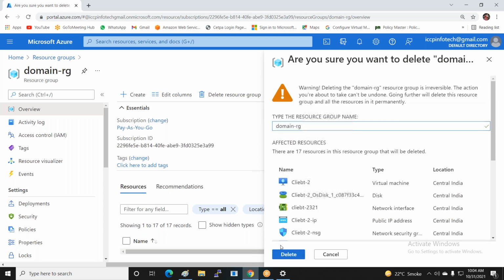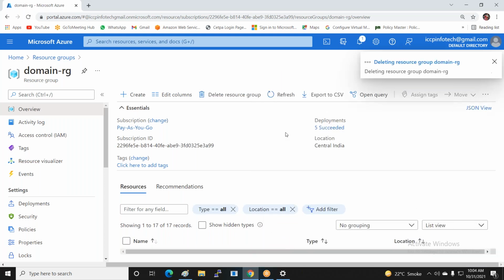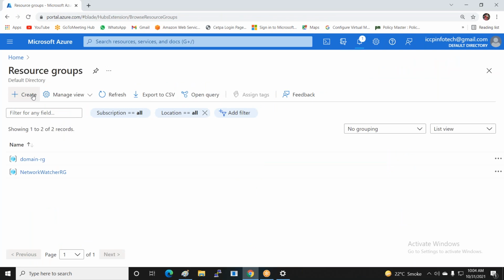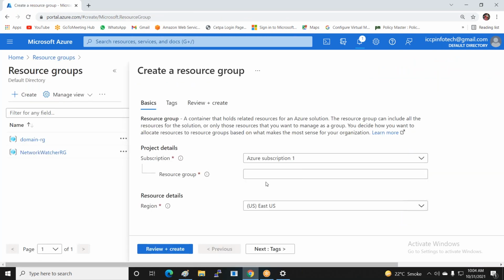So this is the collection of resources. Yesterday I explained each and everything. So now I'm just clicking on resource group and then clicking on create resource group and giving the name of the resource group. Select the subscription. I'm using the pay as you go subscription. I'm using the resource group name web server hyphen rg. It's called resource group. You can give any name.